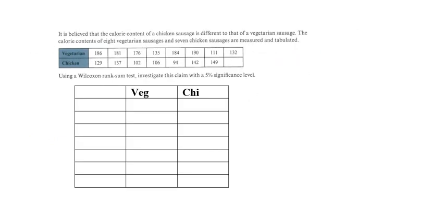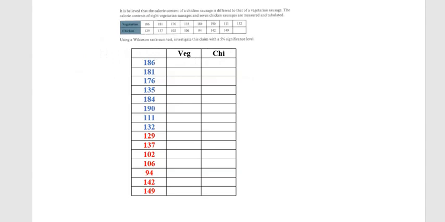First of all, we are going to rank the whole data set. So we are not going to write two separate columns. We are writing vegetarian and chicken, all the data in one column. So let's write those and then we can start getting the ranks. Here the small sample size is 7, the large sample size is 8. The large sample is the vegetarian sample. I am going to put some crosses here because otherwise when we put ranks we will make a mistake. All these blue color numbers correspond to chicken, and these ones, I will cross off.